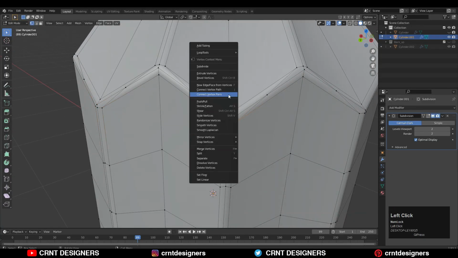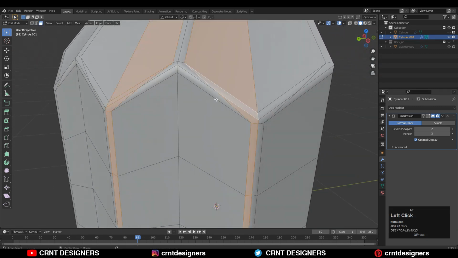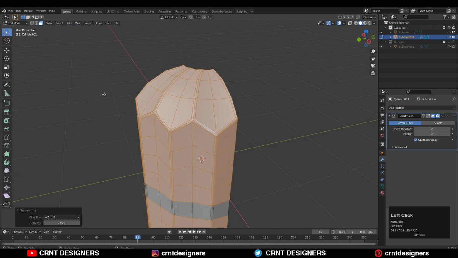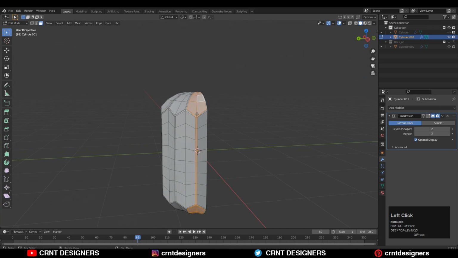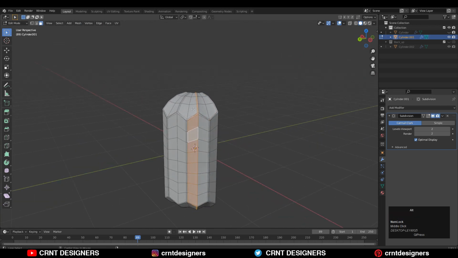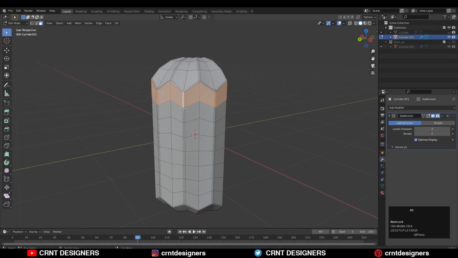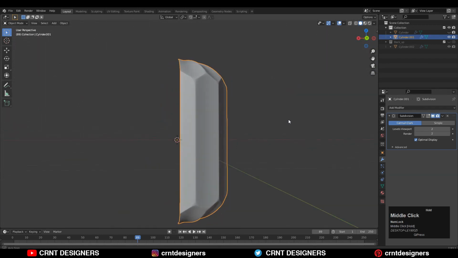So just observe carefully so you can understand the method. And you can see the loop structure which we have created. So just take the symmetry along the z-axis. And now you can see the loop structure which we have created here, which is very important to maintain the form of the model to achieve that design. You can see the loops, and it looks pretty good. And you can see we got a decent result there.